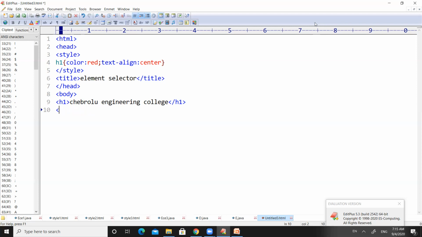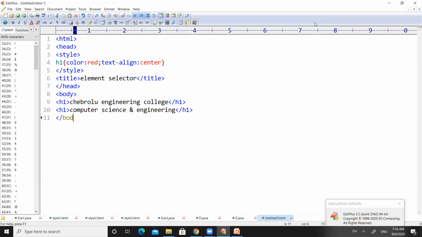So let us write H1 with the college name and use one more H1, and write your branch name: Computer Science and Engineering. Right. So now let us observe the output of this particular code.